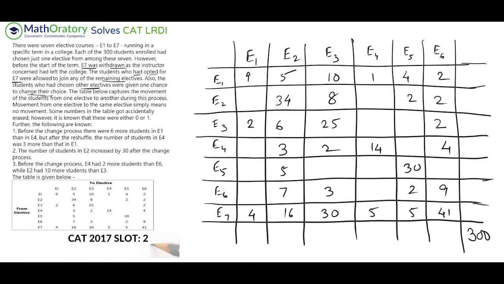Now, what I mean by that is, when we are looking at the totals, first of all, understand what the totals are. This is very indicative in a different way also, because if we have 7 rows, these row totals should be the initial totals, right? Because before the change, we had 7 electives, and after the change, we had 6 electives. So obviously, if there are 7 rows, those row totals should indicate the initial values for each of the electives. And these are the final values, the column totals: E1, E2, E3, E4, E5, and E6. So that should ideally be what we have.